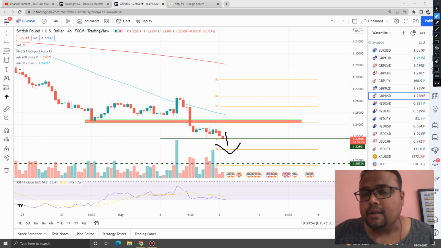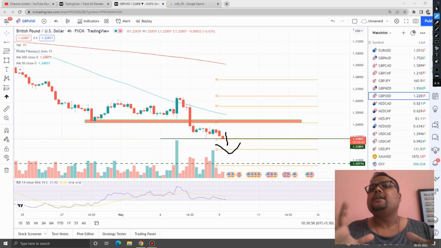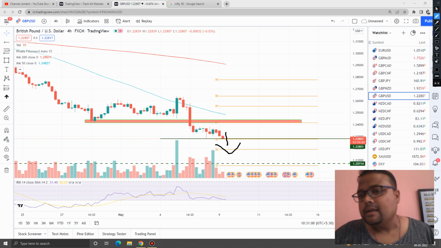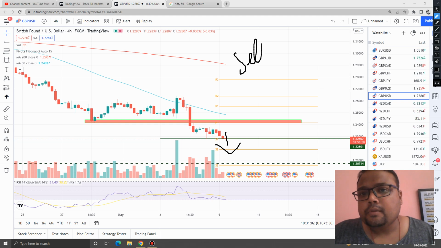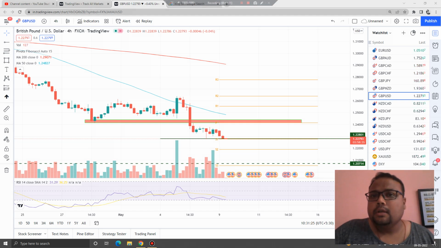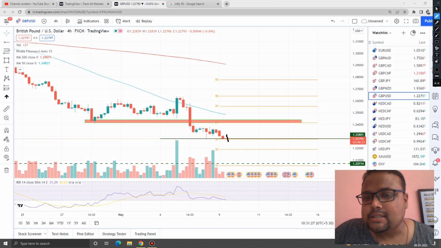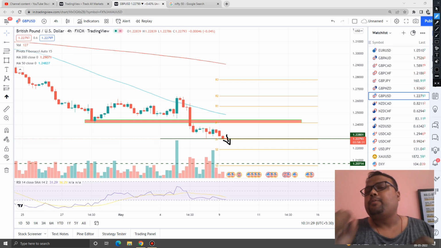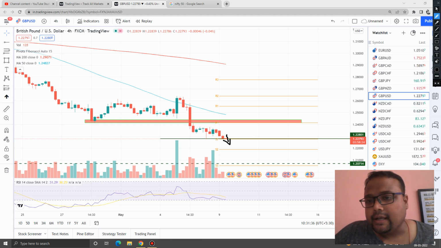But keep in mind, follow proper risk management, because in this type of market, it is better to go for sell on rise only. So if market breaks this level, starts going down, with proper risk management you can take a sell position. But if you are looking for a safe selling opportunity, then it is better to take a sell position